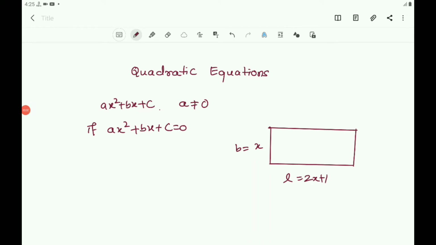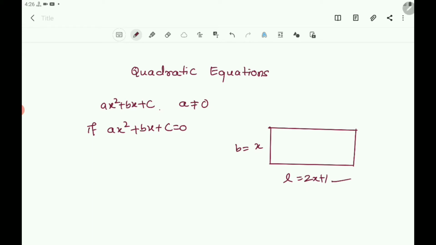So, once again, let us consider the situation. What is the situation here? Charity trust decides to build a prayer hall having a carpet area of 300 square meters with its length 1 meter more than twice its breadth. What should be the length and breadth of the hall? Here, suppose the breadth of the hall is x. So, let us take b equals x. Then its length should be 1 more than twice its breadth, so here L equals 2x plus 1.